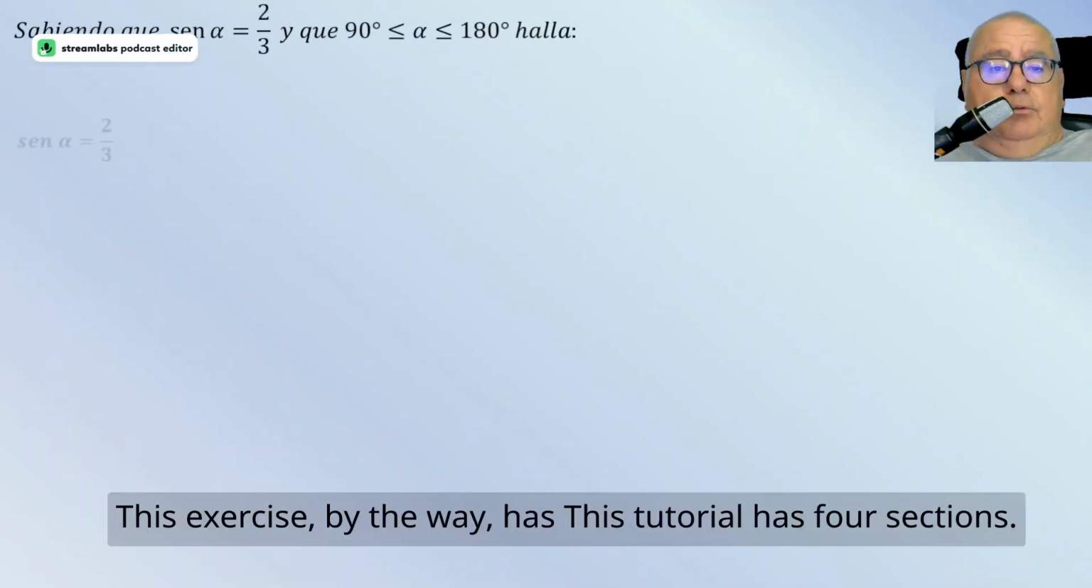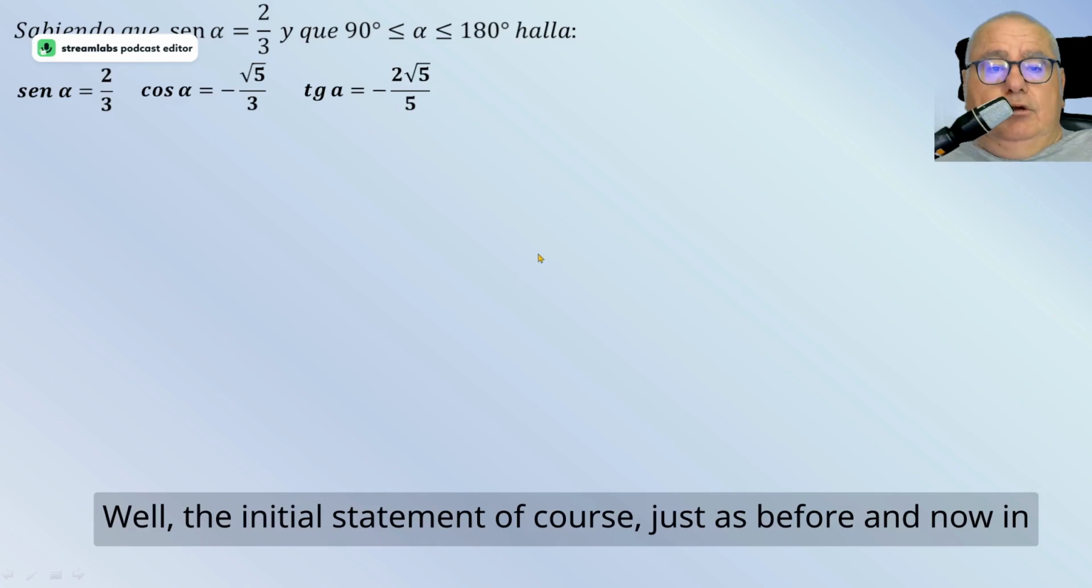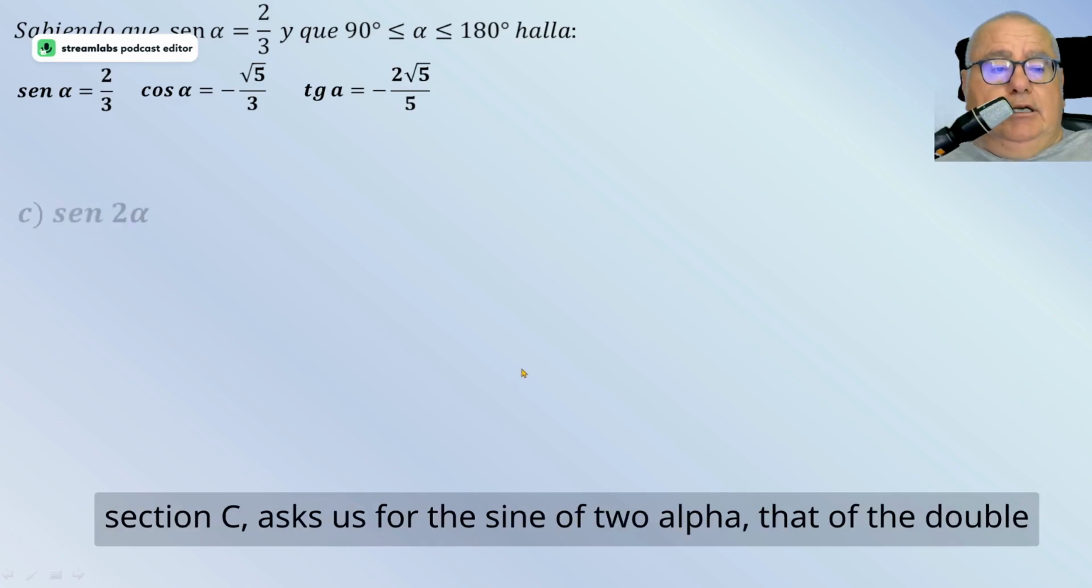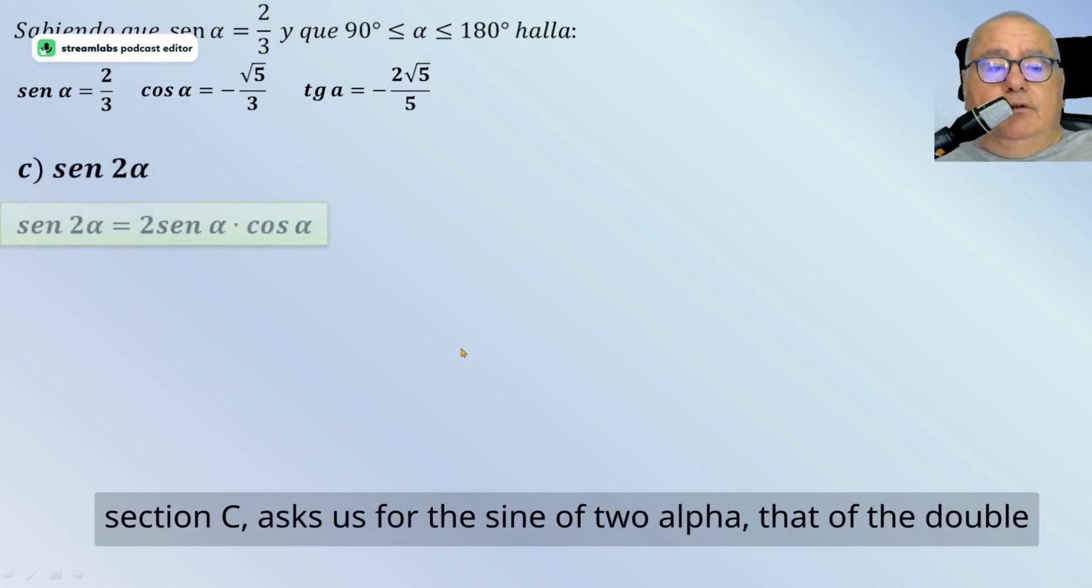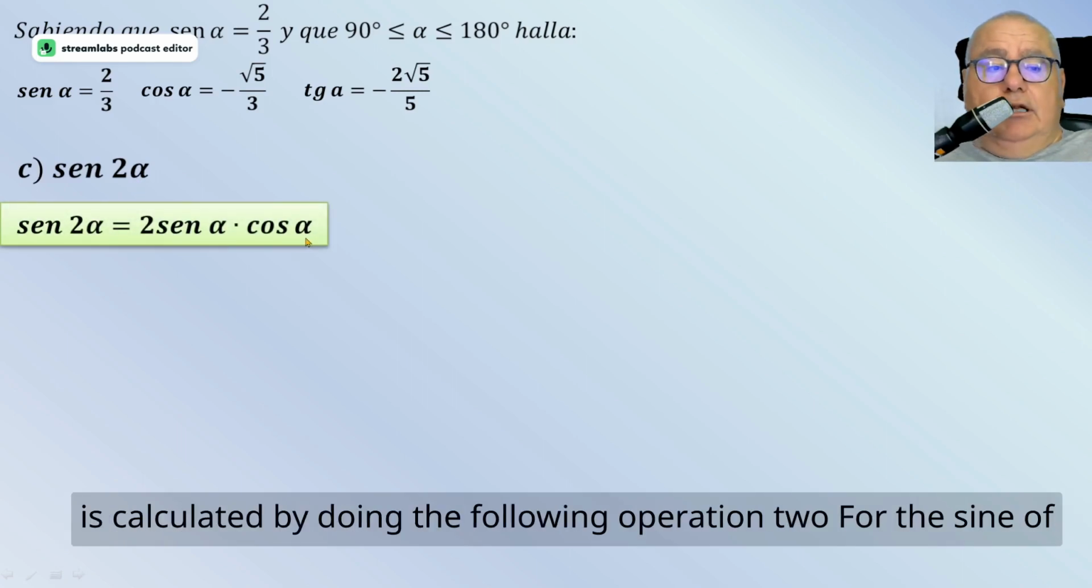This tutorial has 4 sections. Let's go for the third. Here I have put what we have already calculated. The initial statement, just as before, now in section C asks us for the sine of 2 alpha, that of the double angle, which is this formula here. It is calculated by doing the following operation: 2 times the sine of alpha, which we know is worth 2/3, the statement